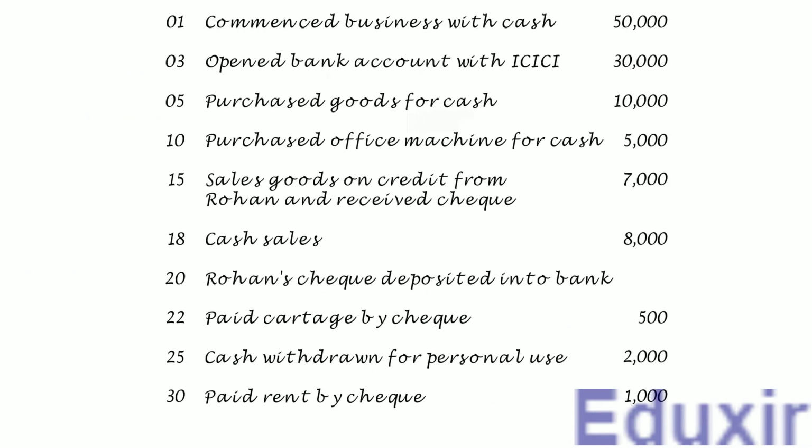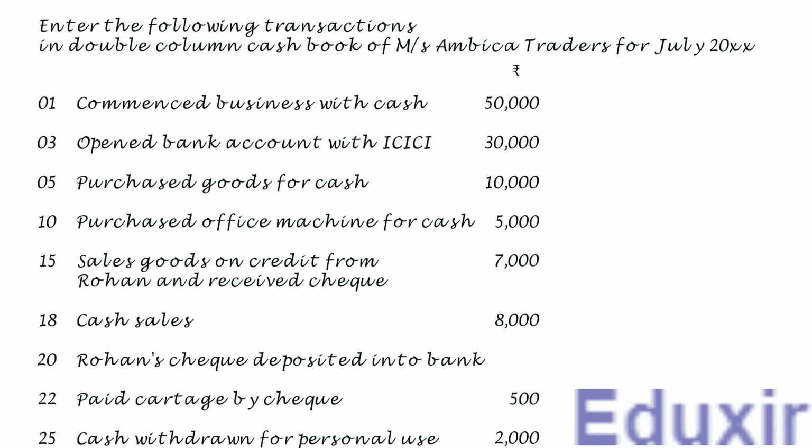As you know, a cash book is also called the book of original entry. A simple cash book is used to just record cash transactions. However, in this problem, we are going to use bank column cash book, also called double column cash book. A bank column cash book is used to record both cash as well as bank transactions. Nowadays, many businesses carry out transactions less in cash and more through bank. So, it helps the businesses to maintain both the cash and bank transactions in the cash book itself, instead of maintaining a separate ledger account for recording bank transactions.